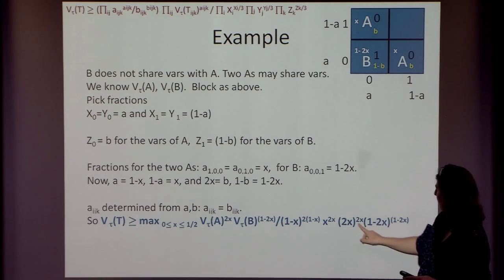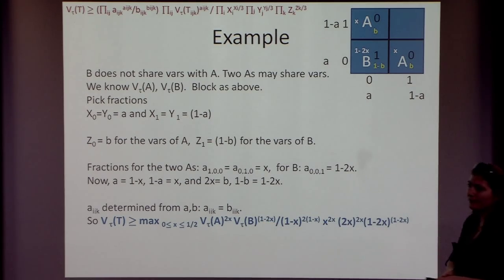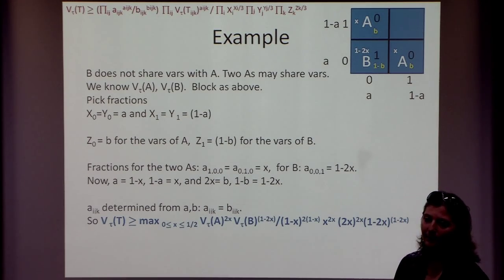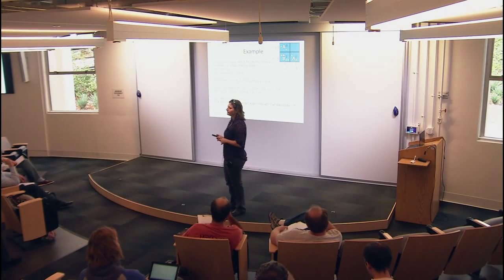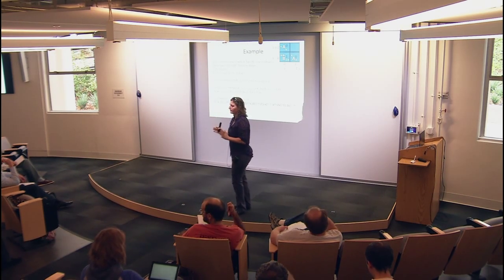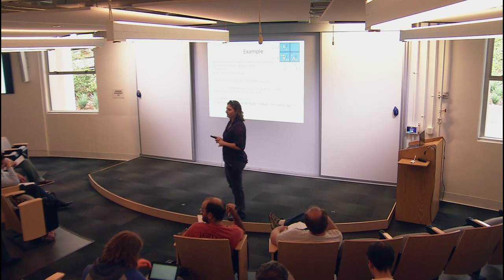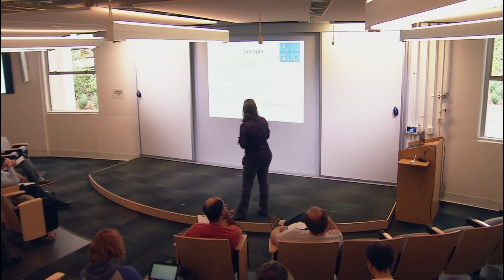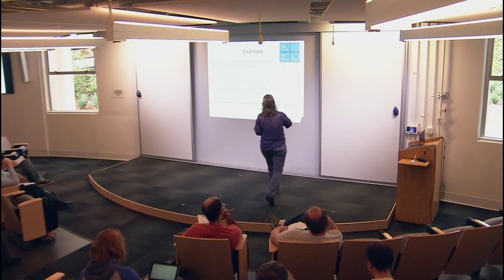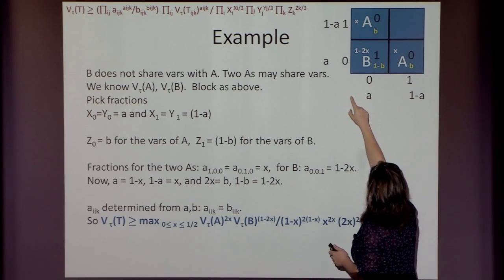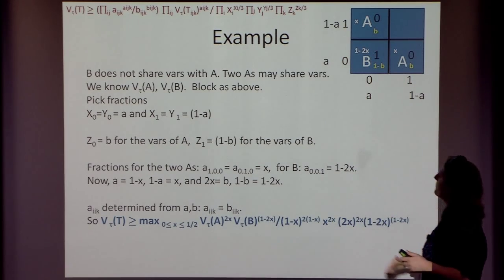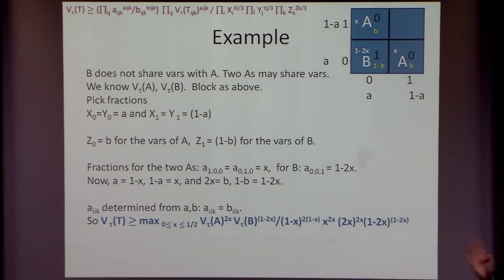This should be over 3 here. So I'm a little confused. So this tensor is a tensor B plus a tensor A plus a tensor like A prime that has the same value as A. And the two A's share variables, but B doesn't with A. So B is completely disjoint, or B shares like the Z variables with the A's? I'm a little confused. So B shares these x variables with that A, and these y variables with that A, but it doesn't share any Z variables. I see. Yeah.